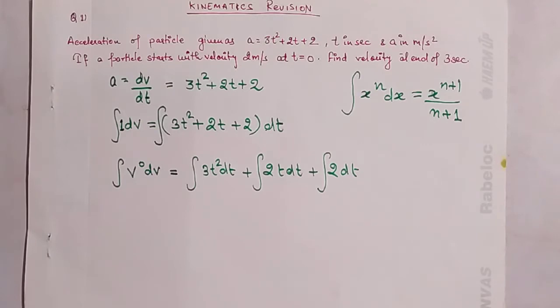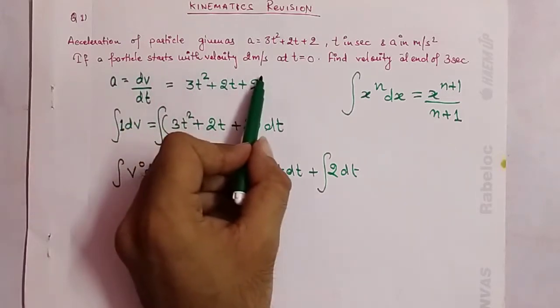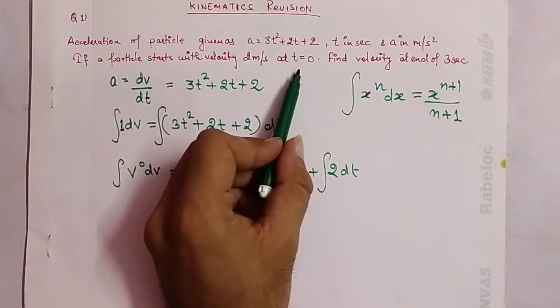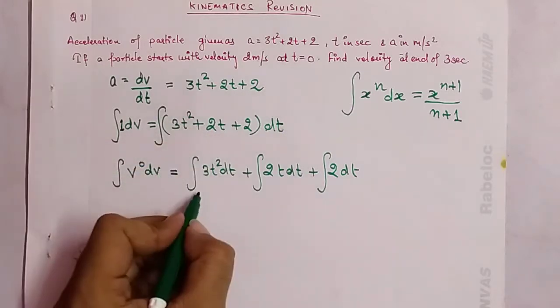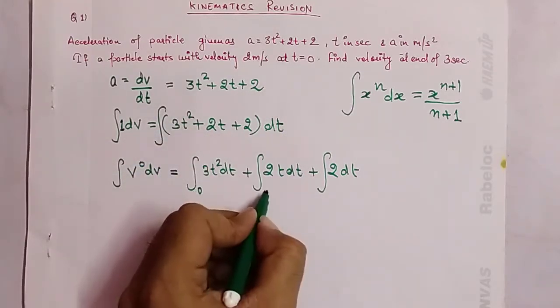Now whenever you do integration in mathematics, there is no requirement of an upper limit and lower limit if the problem is already defined. But in physics we always want some lower limit, that means from where we have to start the integration, and the maximum limit up to which you have to finally integrate the value. So here you can see that the question has given you the hint that time is starting from 0. So the lower limit of time is, of course, 0.